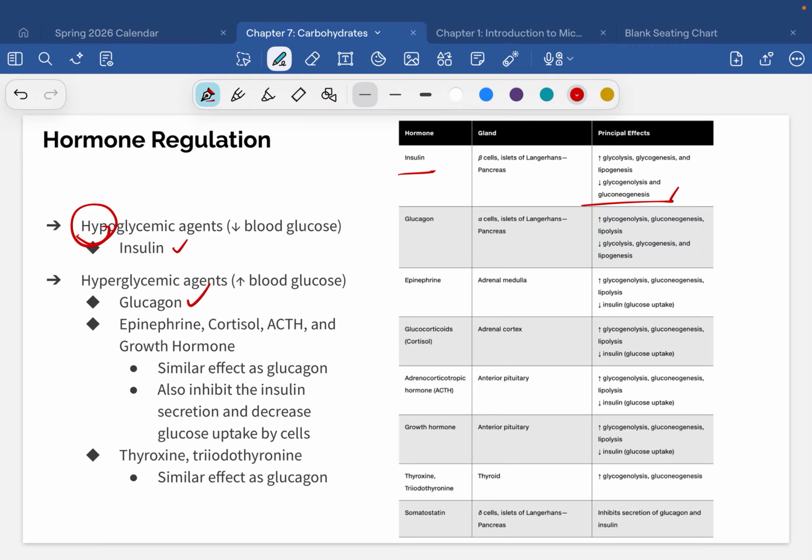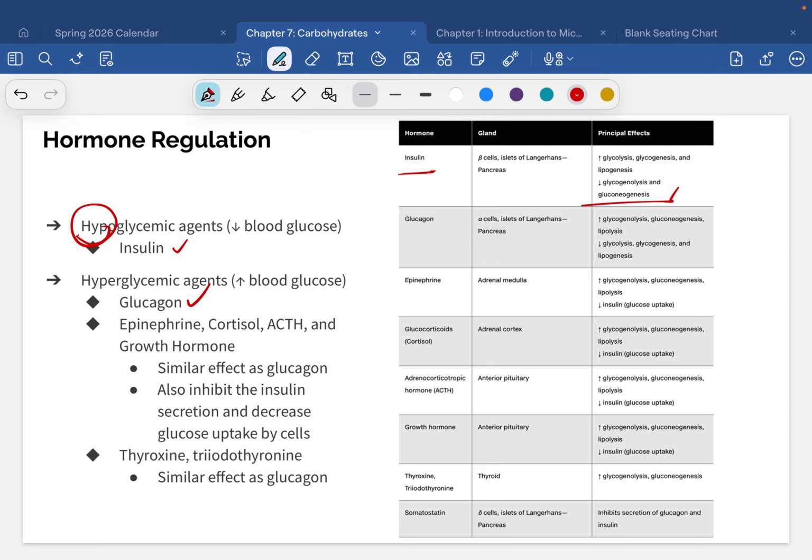If you were going to fight or run away, what are you going to need to do it? Energy. You need energy to run away. So an increase in epinephrine. Cortisol is another stress hormone. Again, we'll talk about all of these. When you're growing, growth hormone is responsible for growing. What does anything need to grow? Energy. So all of these are controlled by processes that require energy. So when you are stressed or scared or exercising or growing, you're going to need energy. So these are secondary hormones that will also increase blood glucose.